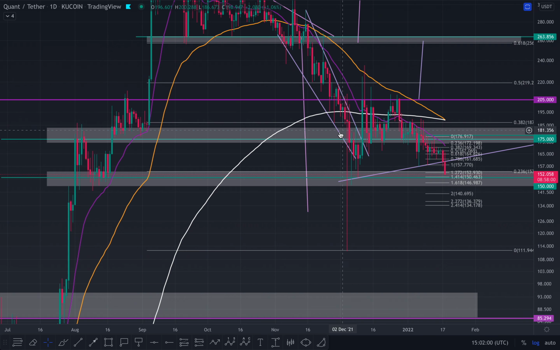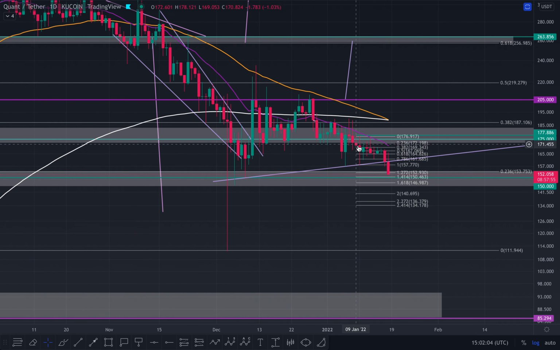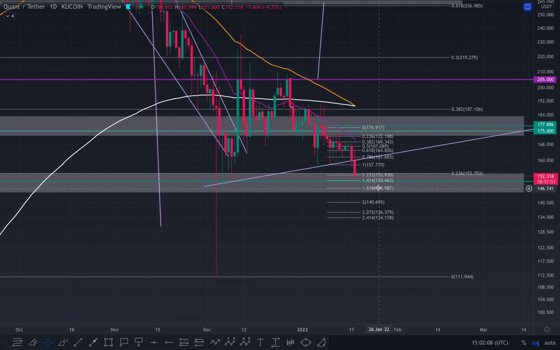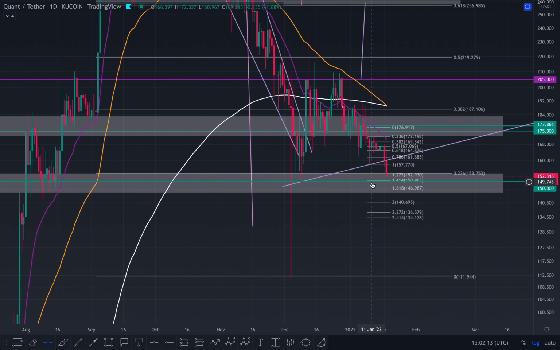It did, and then once you lost that, you go to the previous one down here, and that's what we're doing right now. After you lost it again over here, you're coming back to this. So this is why this white box is our technical target. It's all three of these targets. Now the main one I'm looking at is the 1414. I would like to see that hold with a close, daily candle close.